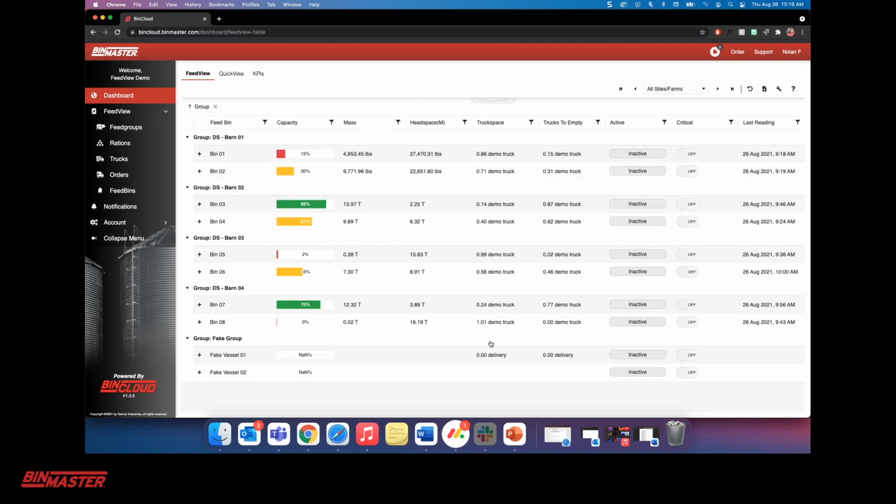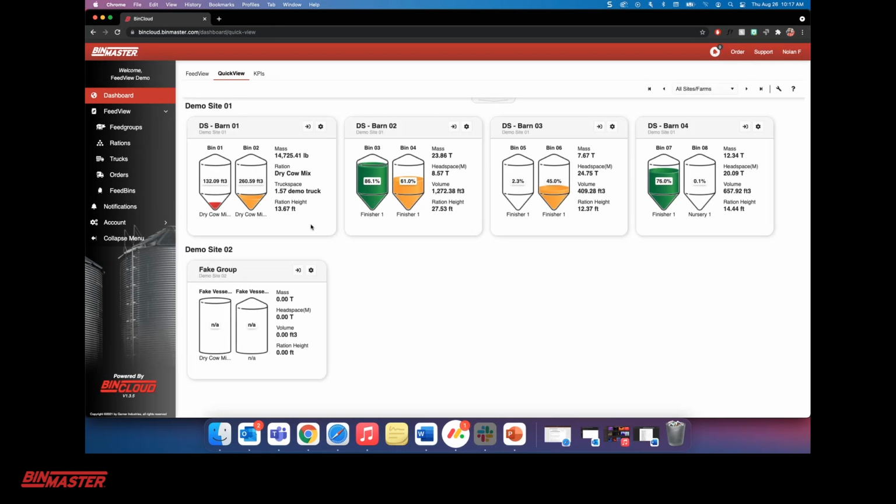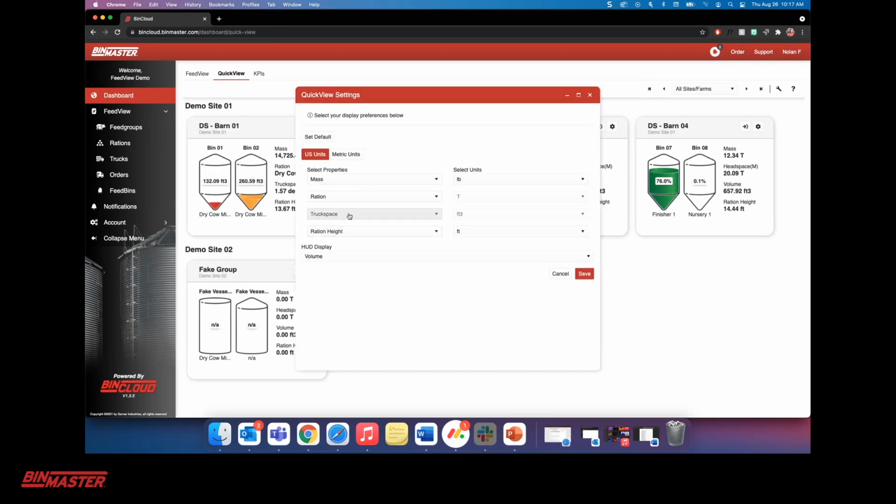So if you're waiting to put a full truck into the vessel, this looks like a little over 16-ton vessel. This truck is set up to 16 tons, so it's empty. We can fit a hair over 1 full truck into it. And you can also see that information over here on QuickView. So we've got this set up on this truck space, and then we will do trucks to empty